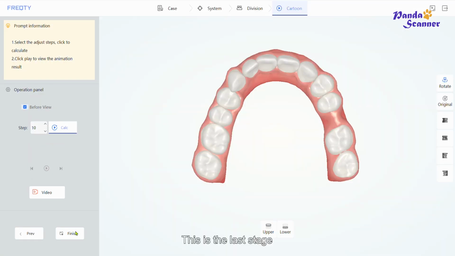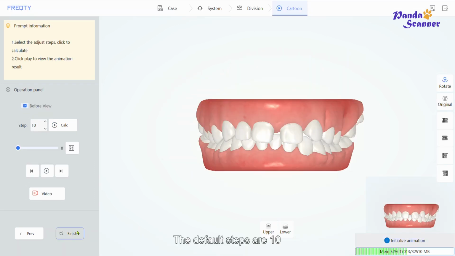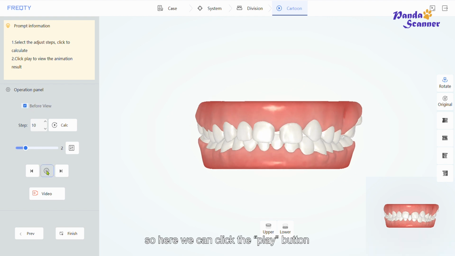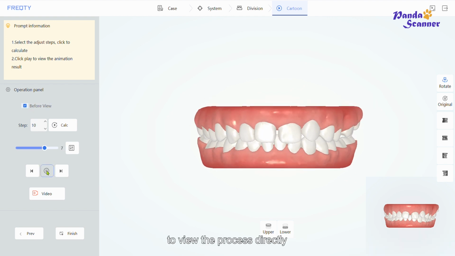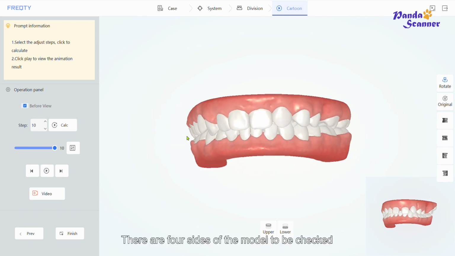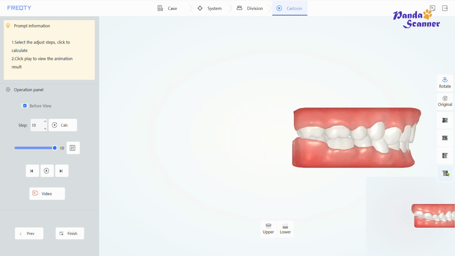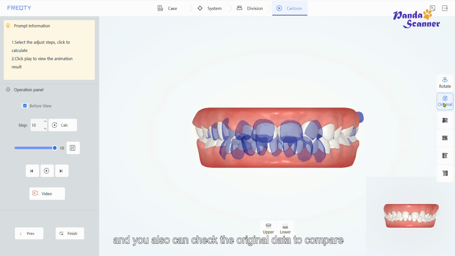This is the last stage, and we can check the orthodontics simulation result here. The default steps are 10, so here we can click the play button to view the process directly. There are 4 sides of the model to be checked. And you can also check the original data to compare,